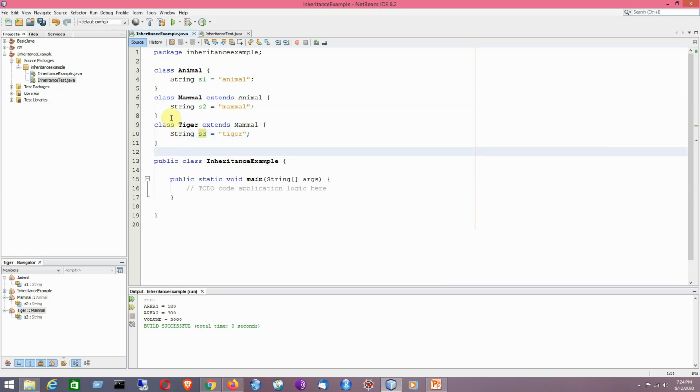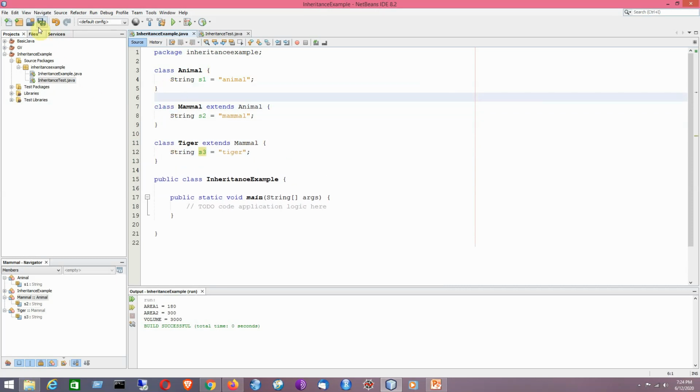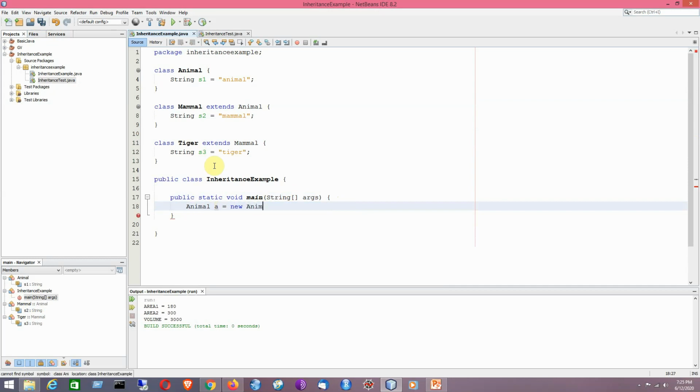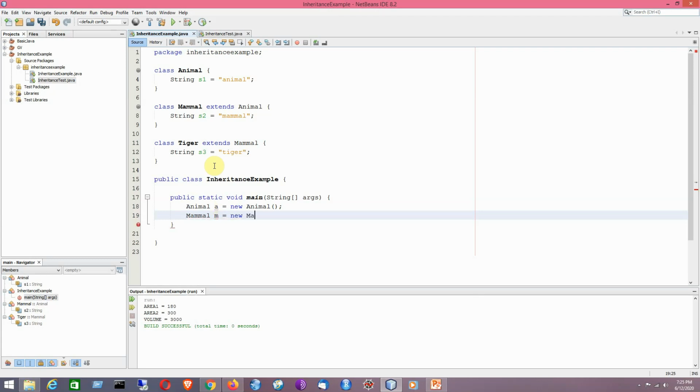So now I'll be creating objects of the respective classes. Since we have not included any constructor here, the compiler will be automatically adding a default no-argument constructor for you.